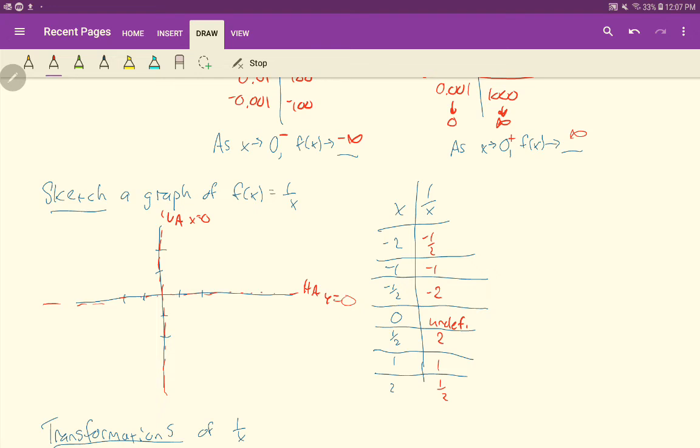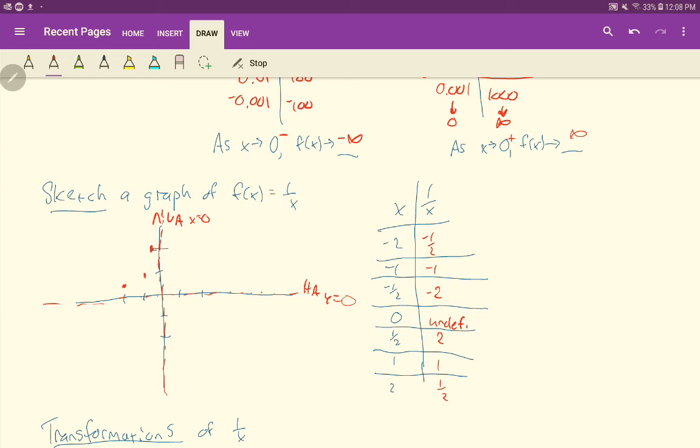All right, finally we'll plot these points. So negative 2, negative 1/2, negative 1, negative 1, negative 1/2, 2. Well, I lost my line there. Okay, there we go. And so that's going to create this kind of curve right here. You see I'm hugging that asymptote, but I am not going to cross it. All right, and then over here,